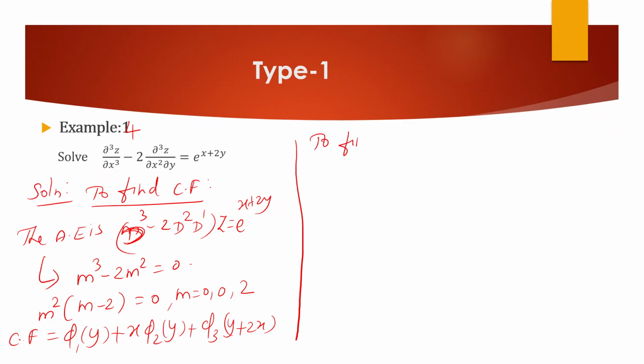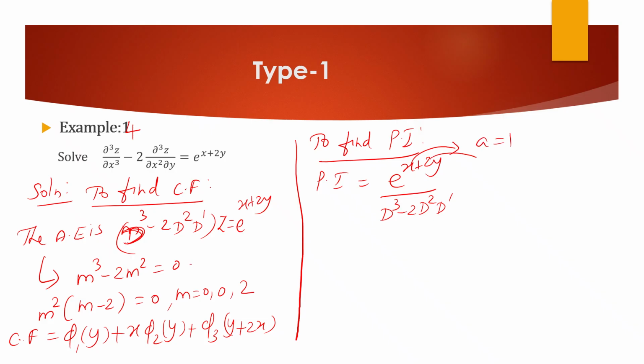To find the particular integral, we take our function of x and y, that is e power x plus 2y, in the numerator, and the function of d and d dash in the denominator, which is d cube minus 2d square d dash. So here our a is equal to 1 and our b is equal to 2. So we are going to replace d by 1 and d dash by 2 in the denominator,